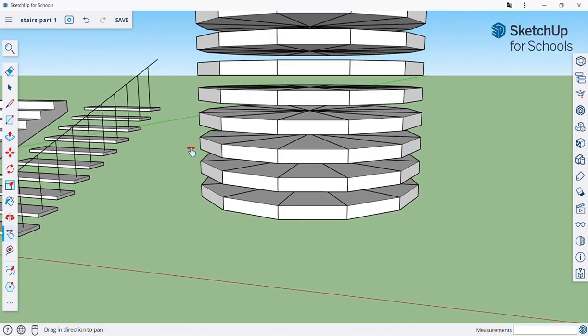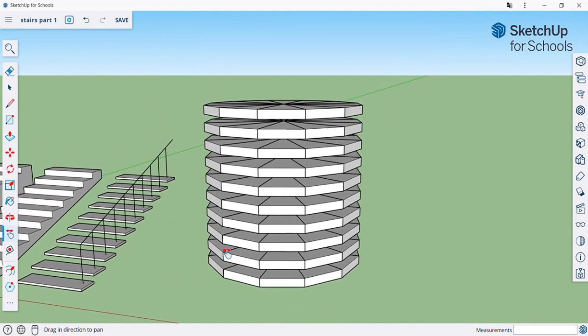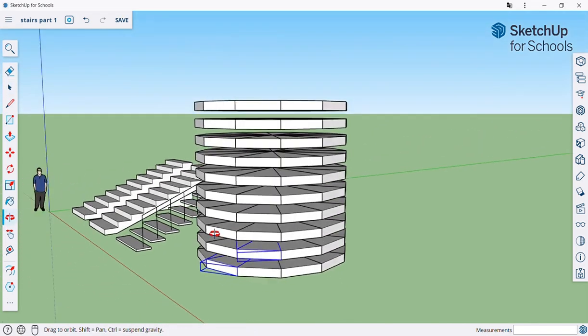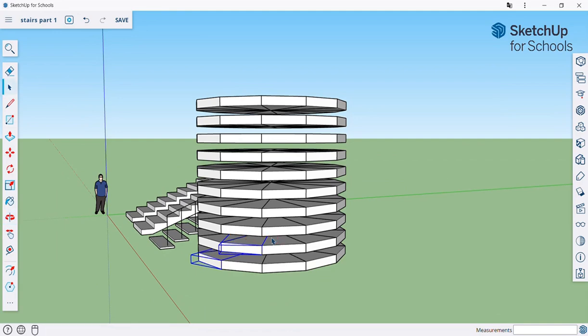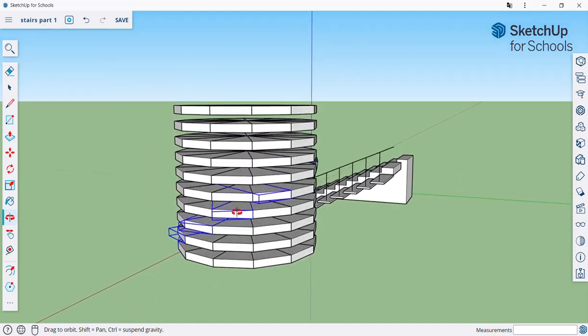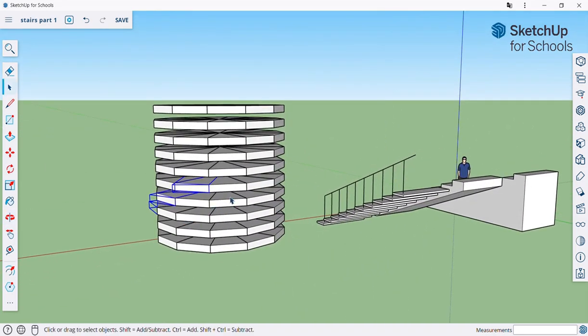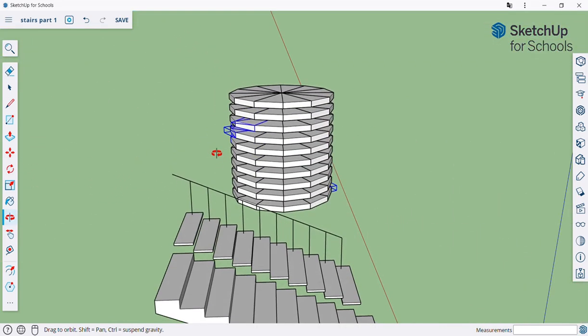We have a nice spiral staircase. Doesn't look spiral right now, and there's one big reason, because now we need to select the first step, second one by using shift, and you just go around. Don't forget spacebar, shift, click, click, click, just go around. It takes a little bit of time. Spacebar, shift, next one is here, next one is here, next one is here. Almost done. Spacebar, shift, click here,